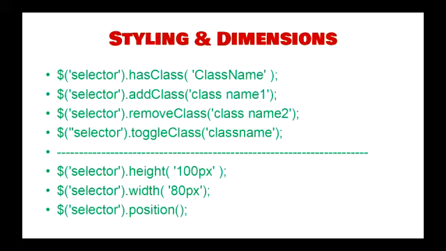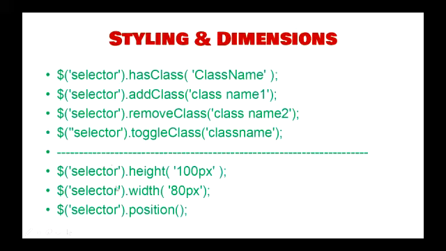Okay, and toggle class, you can insert and remove. If the selector already has the class, then toggle class is going to remove that class, and if the selector doesn't have the class in it, then toggle class is going to insert the class. Okay, fine. And dimension, you can change by